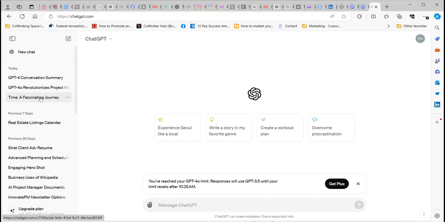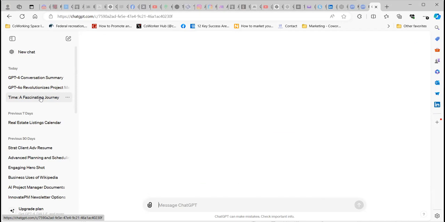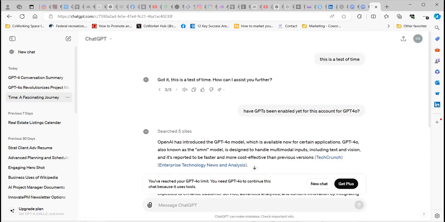And in order to access any of your previous chats, just click on it and then it will bring it up. And there's a very special thing I want to show you here. As you see, I really gave it a very basic prompt. I said, this is the test of time. I just wanted to see what it would say. As long as it said something, it gives you this little menu here, if you see that, okay? So what that means is this, read aloud. If you click on that, it's going to